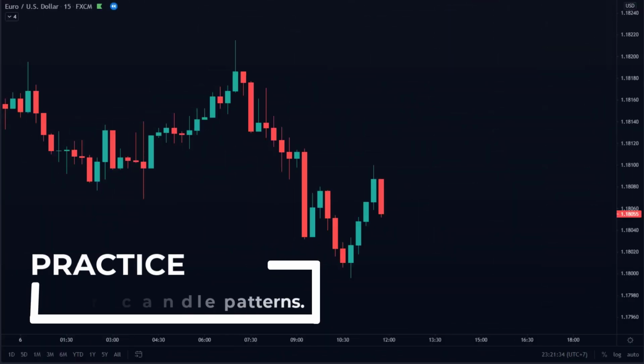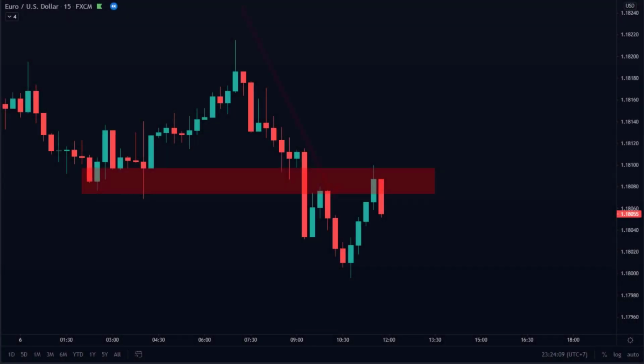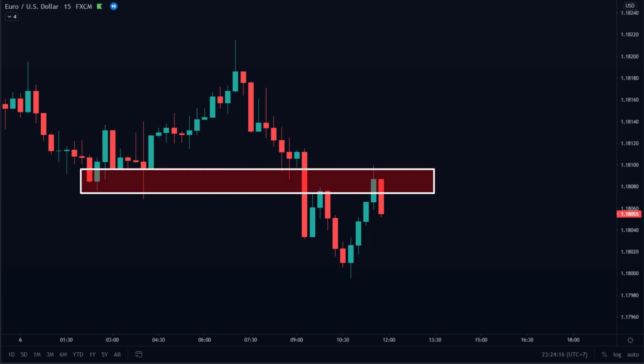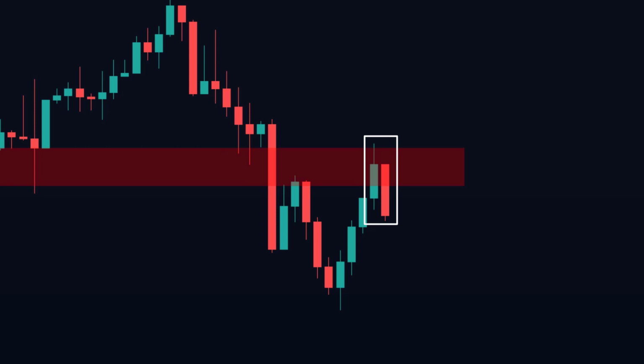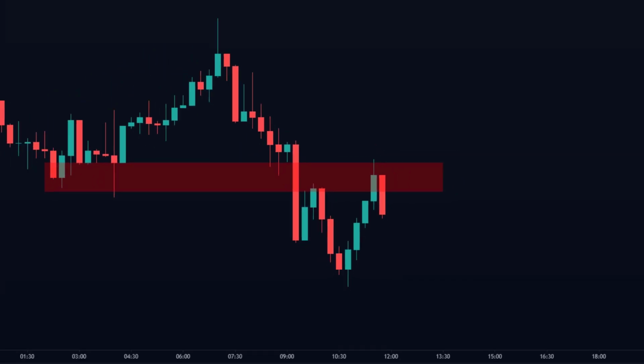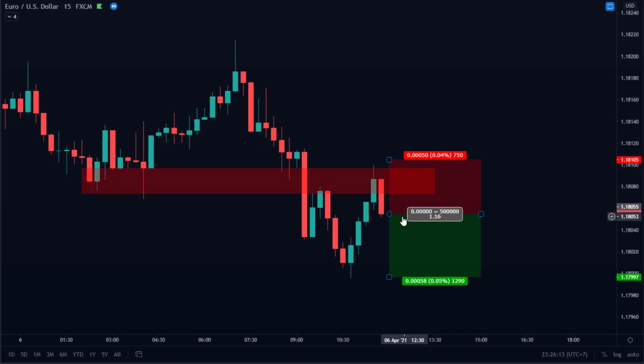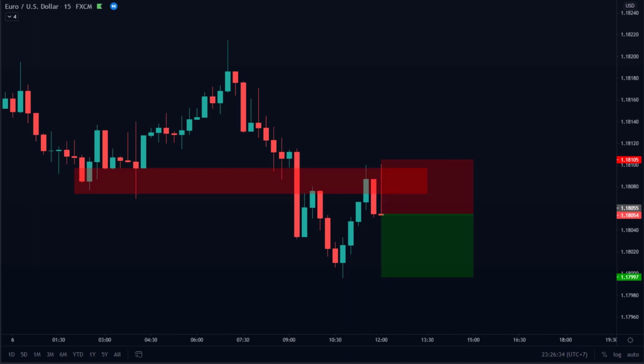Now we apply candlestick reading to understand some popular reversal candlestick patterns. In this view, we have a bearish wave breaking the previous bottom. This candlestick shows strong bearish power. This is a potential selling zone. There is an engulfing pattern in the selling zone. If we consider this a sell signal, we place an order here, put the stop loss here, and put the take profit here. So the result will be,